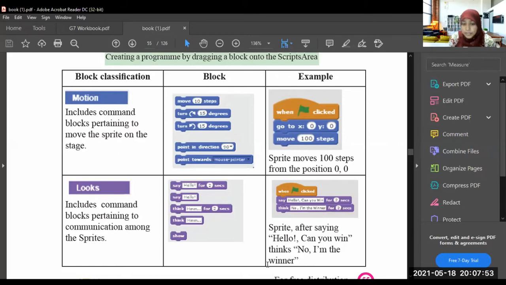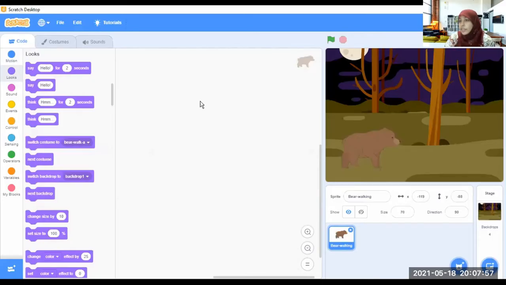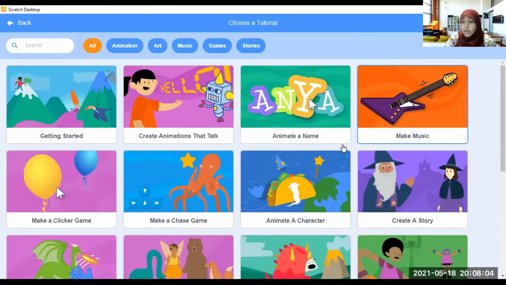For an example, I want to tell you another thing before that. Here, tutorials. If you go to the tutorials, there are a lot of tutorials here. You can use these tutorials also. They are teaching you about Scratch, on how to get started, how to create animation that talks, how to animate a name, how to make music, make a clicker game.